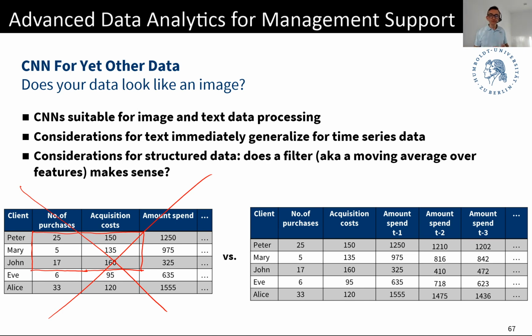Because what you normally do in business and industry is if you have a feature like amount spent, which has a history, you aggregate this history. You aggregate somehow over the history. And maybe you construct multiple features. You could construct the average amount spent. You could construct the average amount spent in the last 3 periods. You could construct a feature the maximum amount spent or the minimum amount spent. You can construct a feature which just is a count how many entries do I have for the feature amount spent, how often did a customer buy something, and applying these aggregation functions always gives you a single value,